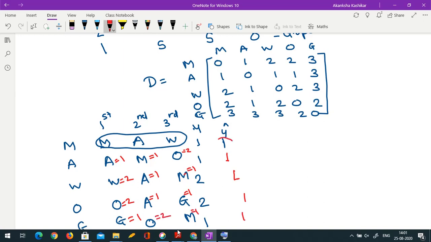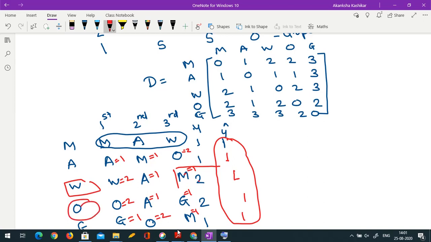So you can see here everything got predicted as class 1 in the 3 nearest neighbor method, and these are the misclassified observations. Watermelon is misclassified because the original class is 2, it got predicted as 1, and orange also got misclassified because the original class is 2 and it got predicted as 1. So this is how the training part of k-nearest neighbor classification would work. Now I have to go to the test part. So let me take a new observation.